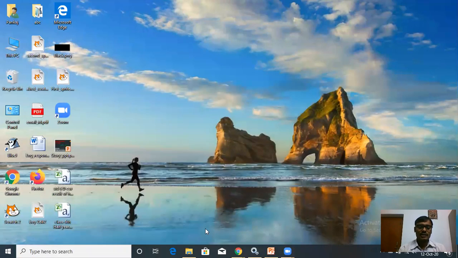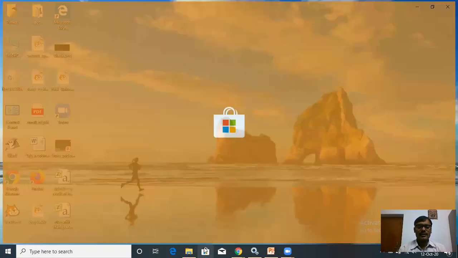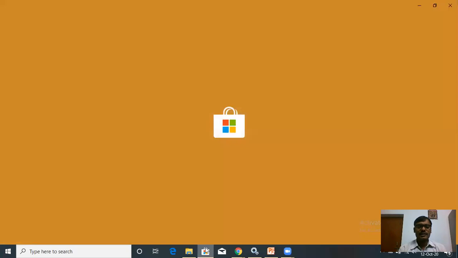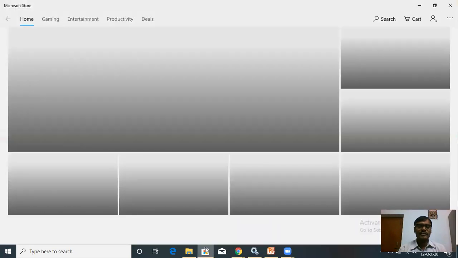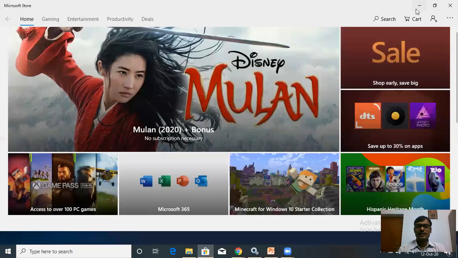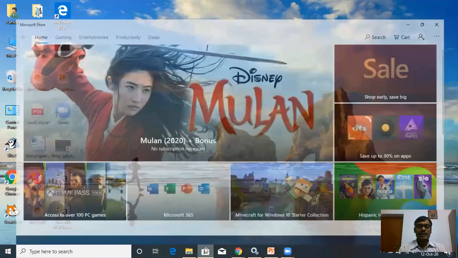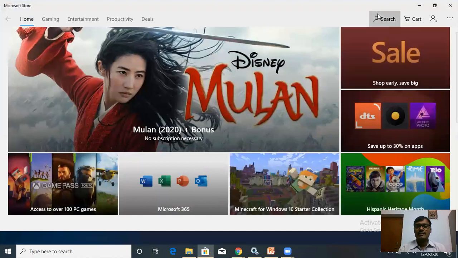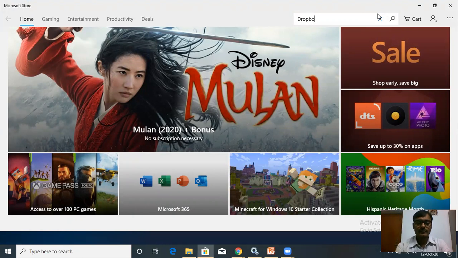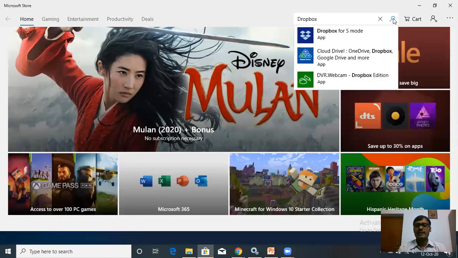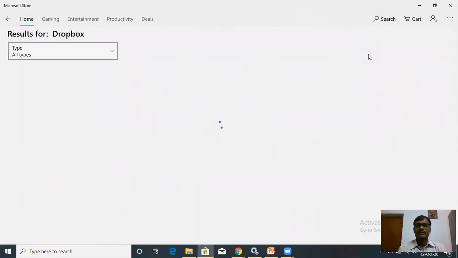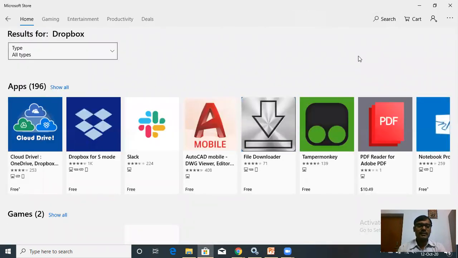How can you install it? You can go to the Microsoft store. You can click on this icon and search Dropbox. Press the enter key and it will be searched. You can see this is the logo for Dropbox.